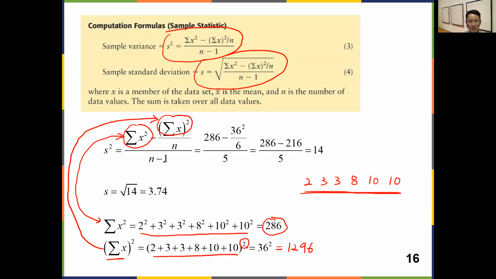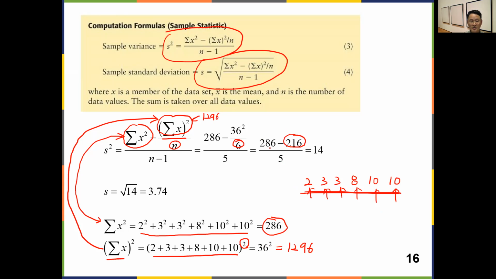Now, that part right here is going to be 1,296. But you have to divide that by n. What's n? Sample size. That means we have 1, 2, 3, 4, 5, 6 different data points. That's why it's going to be 6 right there. So